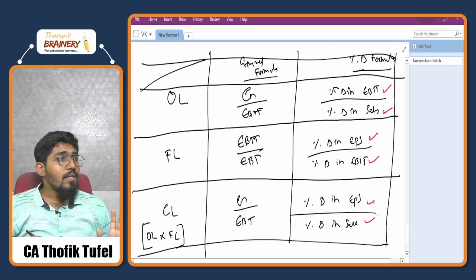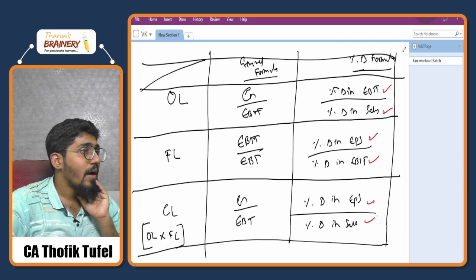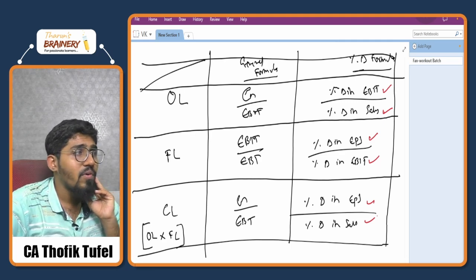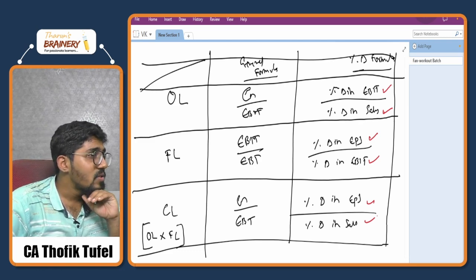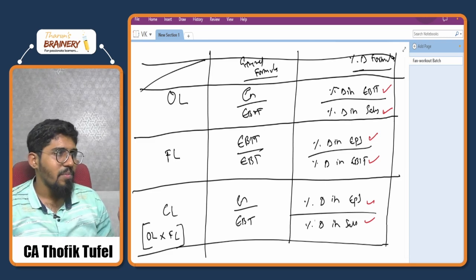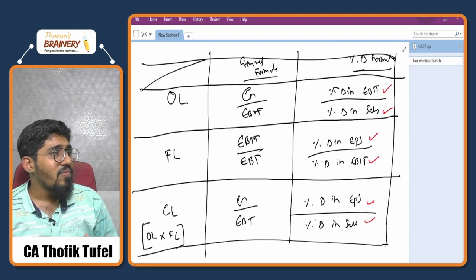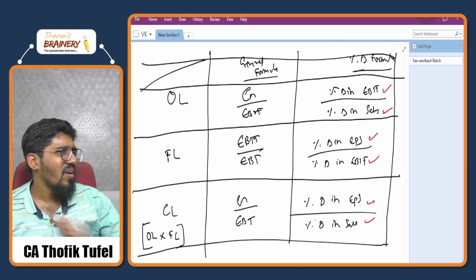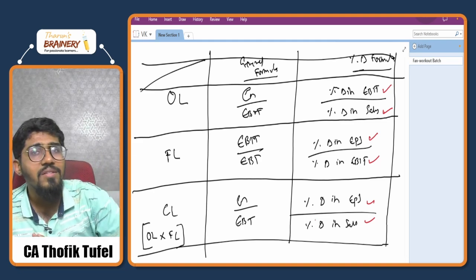Are you all mugging up this formula or understanding the formula? You all are understanding the formula. There is no magic. It is all logic. Every formula is logic. In my regular class, if there are some 50-60 formulas in financial management, not even a single formula do we mug up. Each and every formula, we discuss with clear-cut logic.